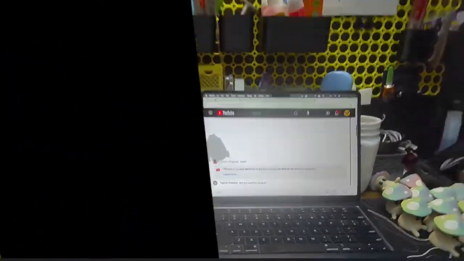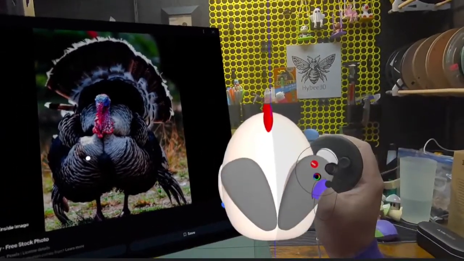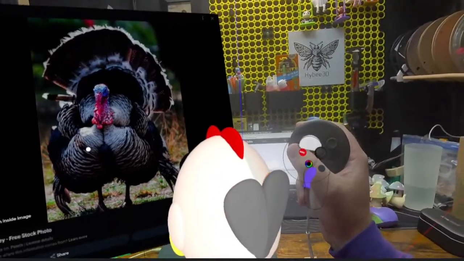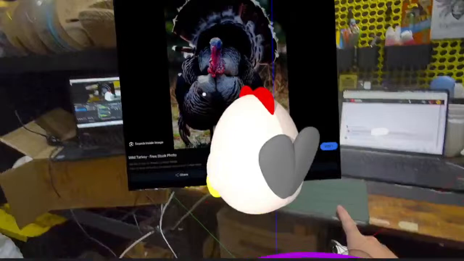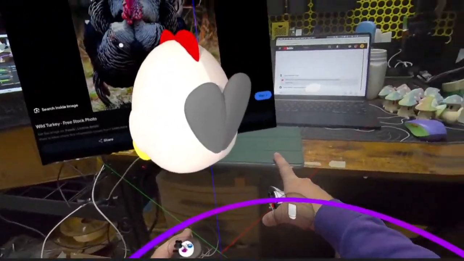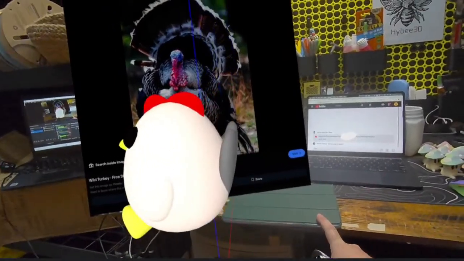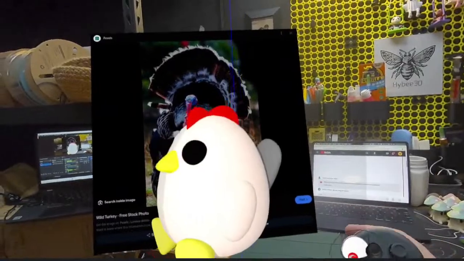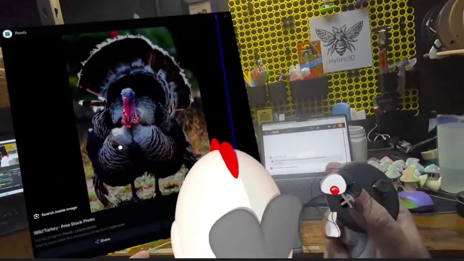Are you using an Oculus? Yes, I am. I'm using an Oculus Quest 3 with Gravity Sketch. This is how I block out most of my basic 3D sketches, and then I usually bring it over into Nomad Sculpt on my iPad right here, and we're actually going to look at what that looks like in the iPad after I finish making this guy into a turkey.